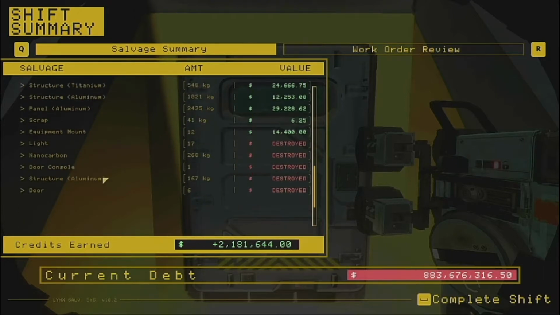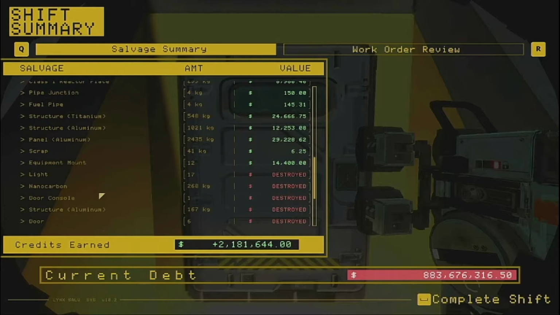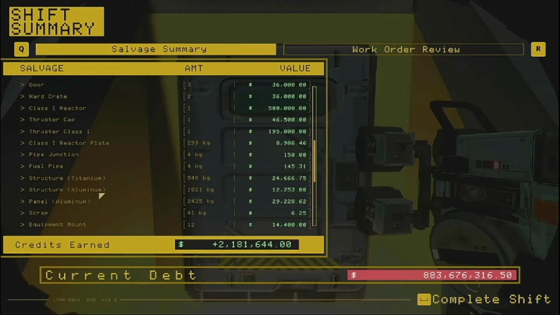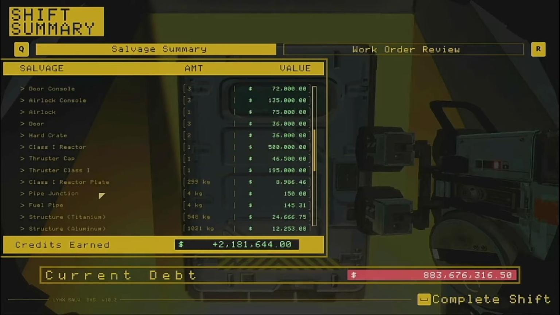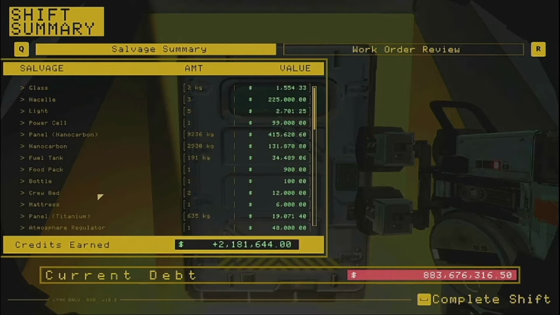Alright, so we still lost some stuff, but apparently I missed one door console and a bunch of lights. I don't really pay much attention to small little round lights at the edges of the frame, so oh well. Gonna say they dropped the cost of the reactor, but no, that's the Class 1 reactor plate. This is the Class 1 reactor. So yeah,